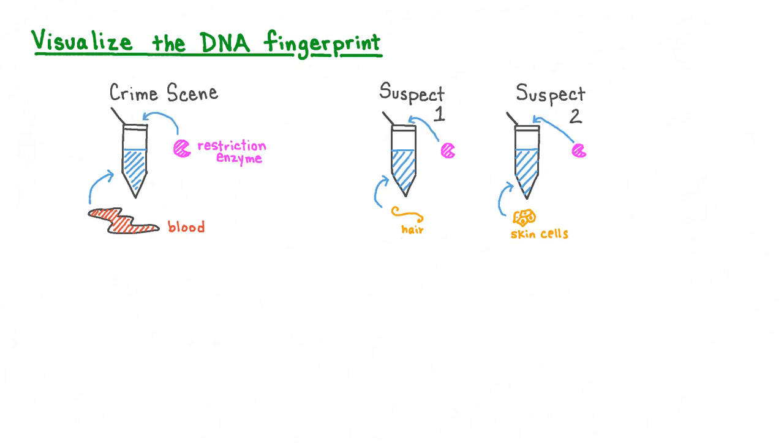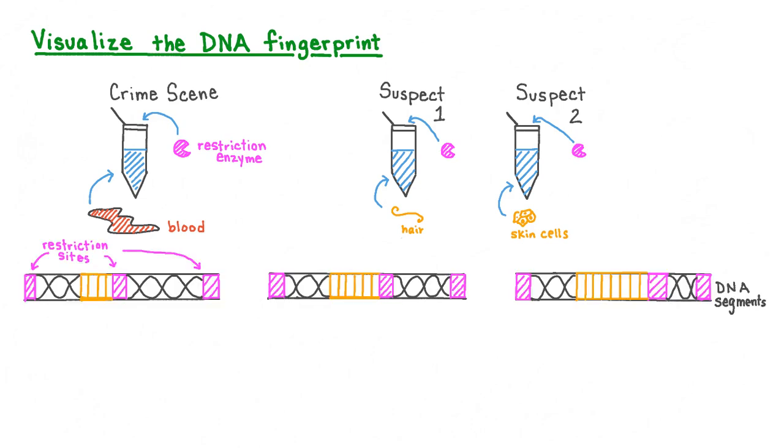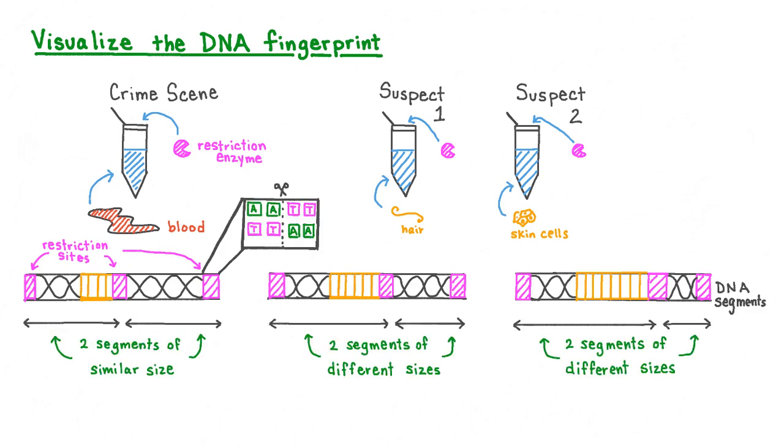Then we would add a restriction enzyme to each vial. A restriction enzyme is an enzyme that breaks the DNA at the locations of certain sequences of nucleotides called restriction sites. Because the enzyme will target sites in areas of non-coding DNA, which will vary in the number of repeats between the restriction sites, cutting DNA samples from multiple individuals at the same restriction sites will result in DNA fragments of very different lengths. Now we need to find a way to separate all the fragments of DNA from each of our samples. For that, we need an electrophoresis gel.